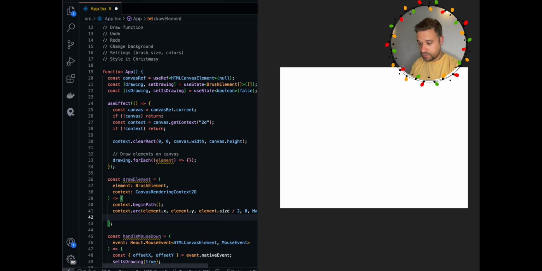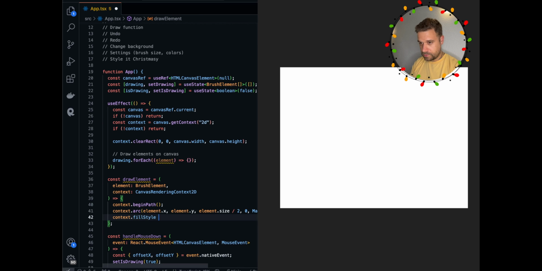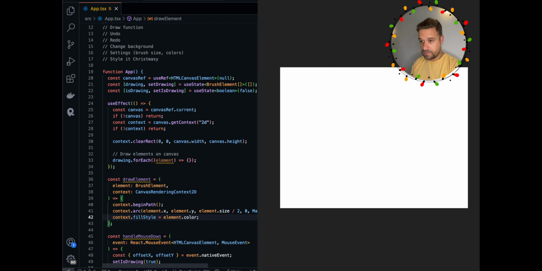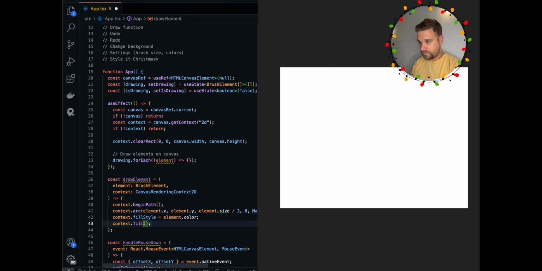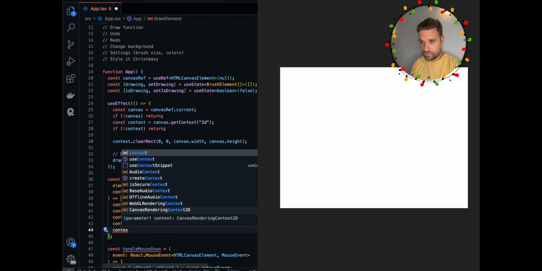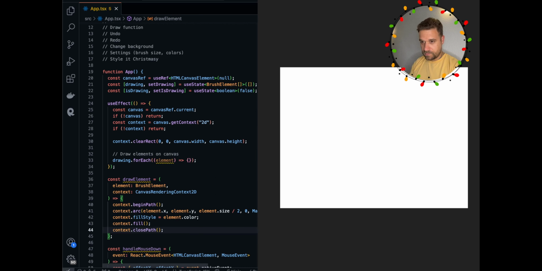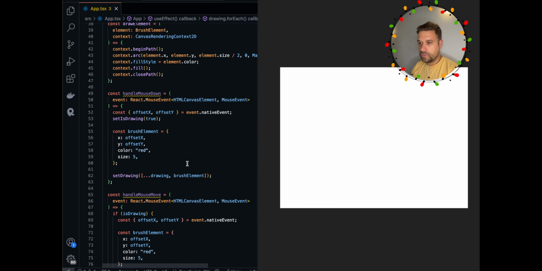So now we need fill style, that's for color. It's element.color, and now we need to fill it with the fill function, and finally to close our drawing, close path. Now this one we can move it here and use our element and context. Now we can finally add our handle mouse down